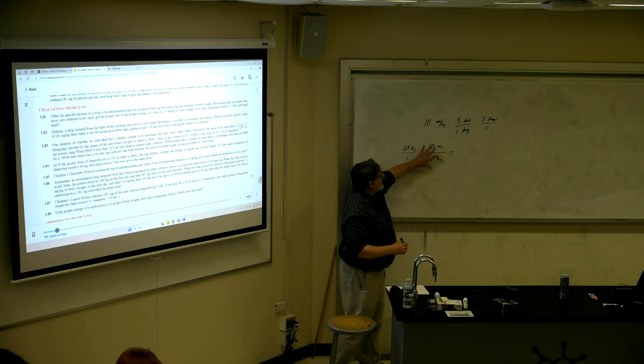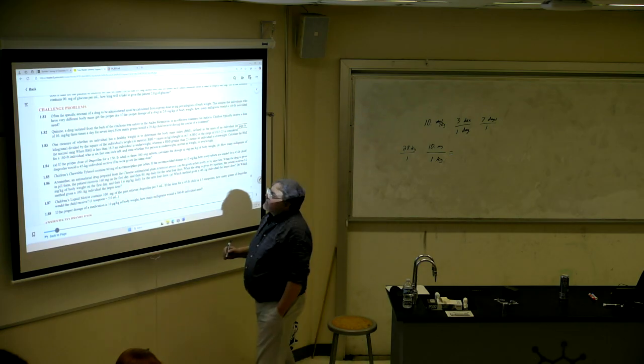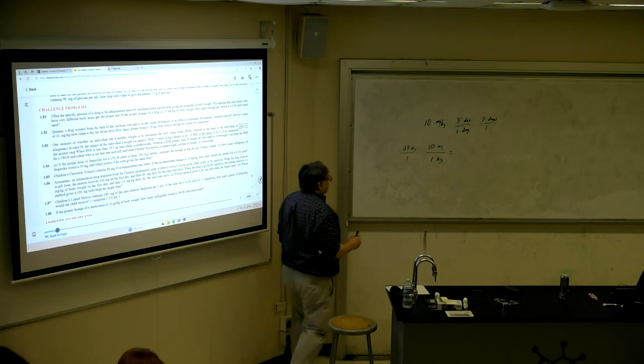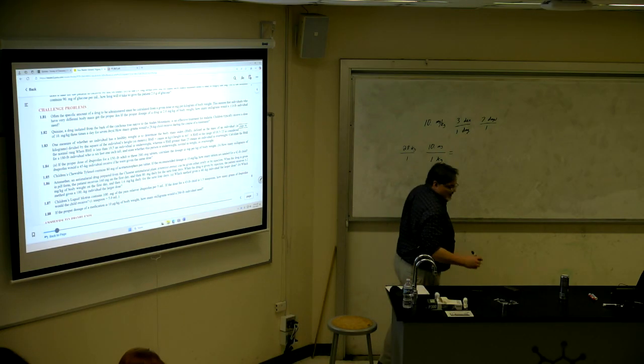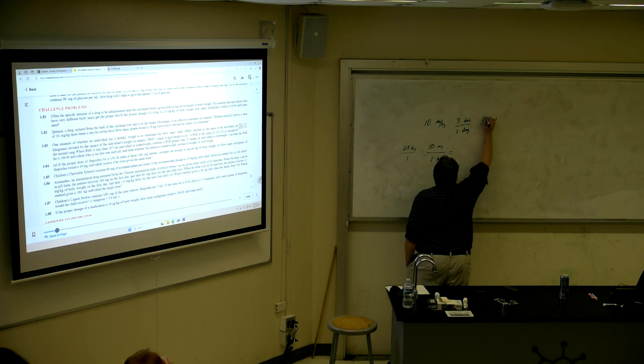Does that make sense? 3 per day for 7 days, that's 21. I have to really play games with these units to make it all cancel. Per kilogram per day. This is just more complicated than I would put on a test, but